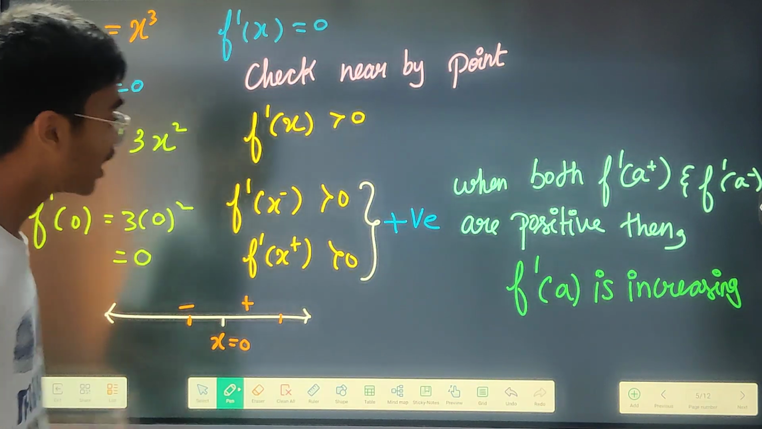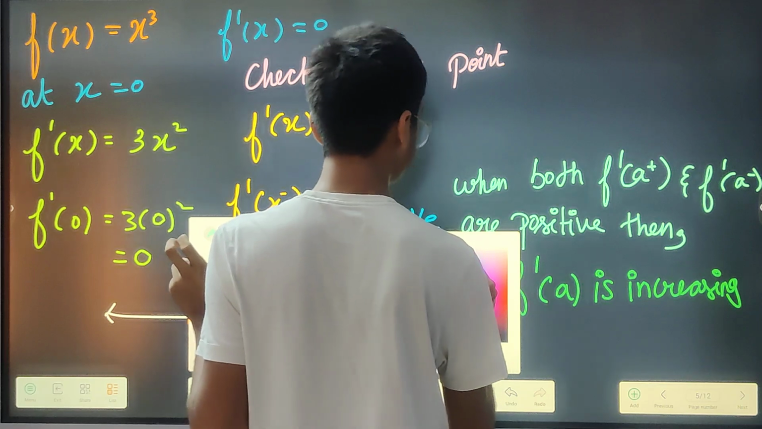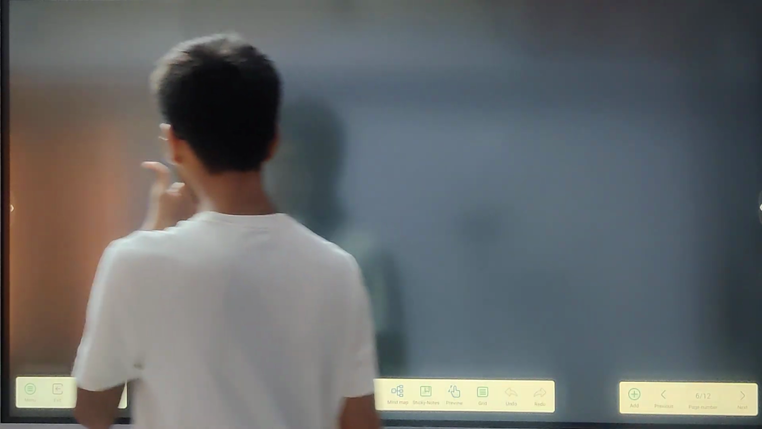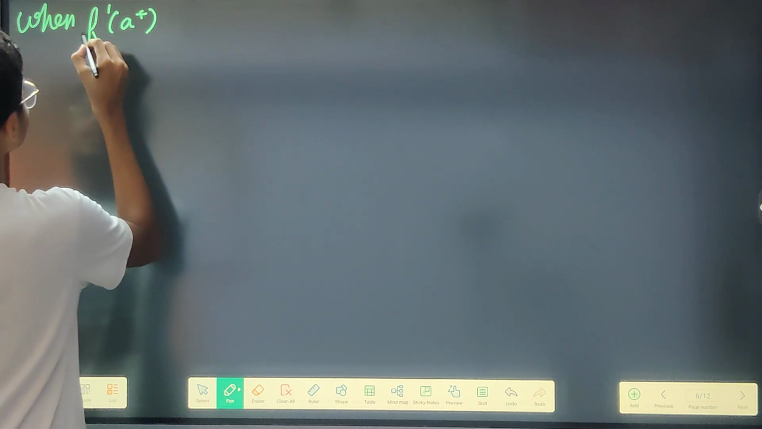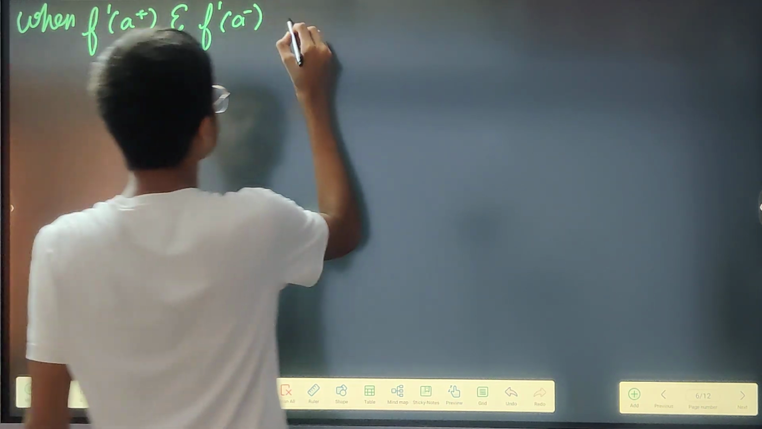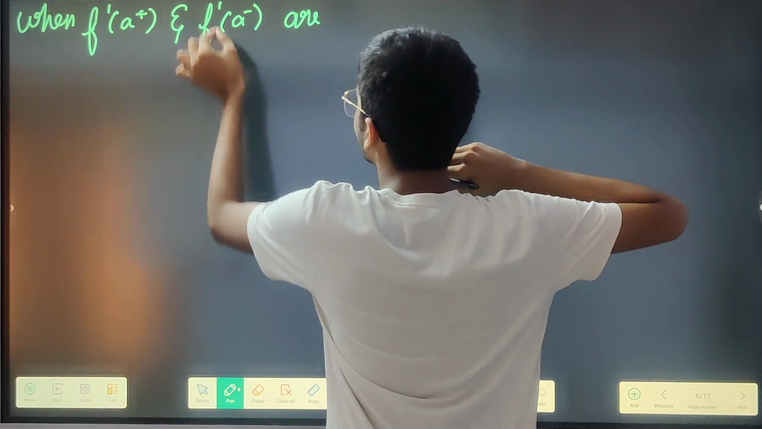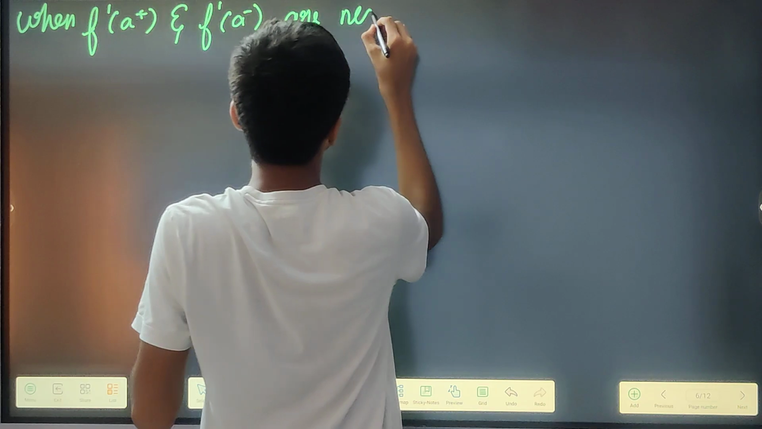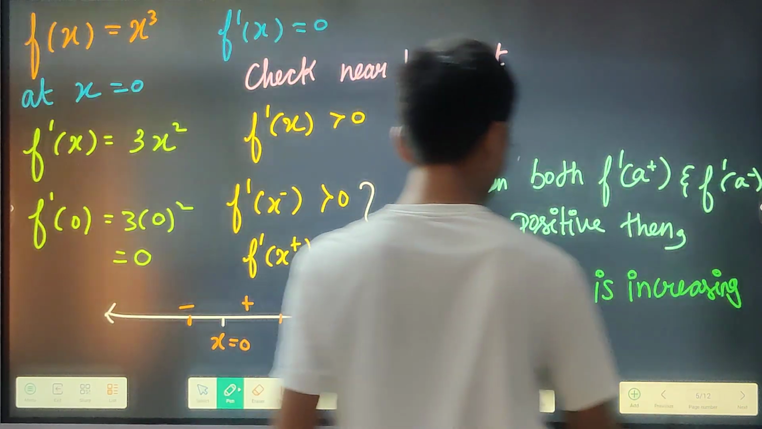Okay, so this is one thing. Then secondly, you might all have a doubt: what about when f dash of A plus and f dash of A minus are both negative? When both are negative, then in that condition,